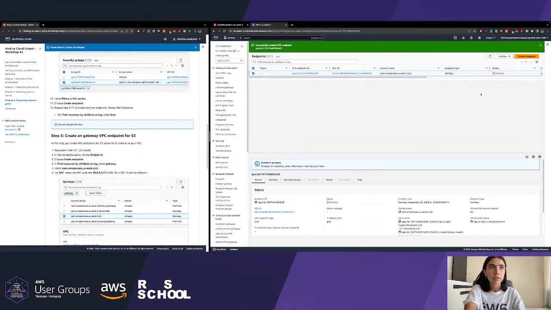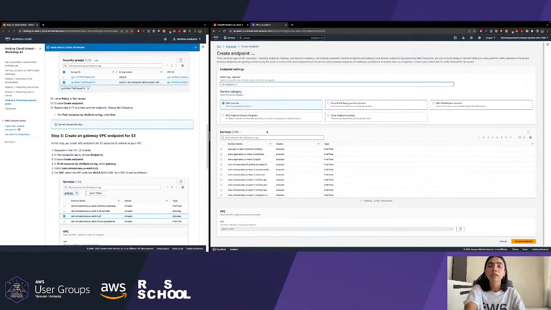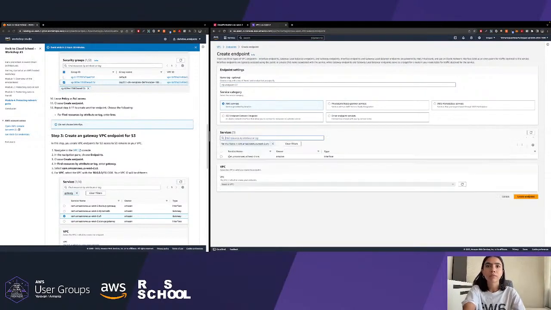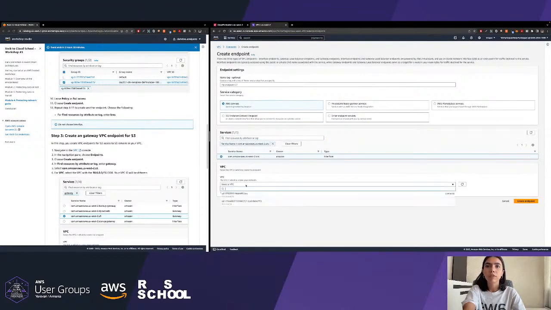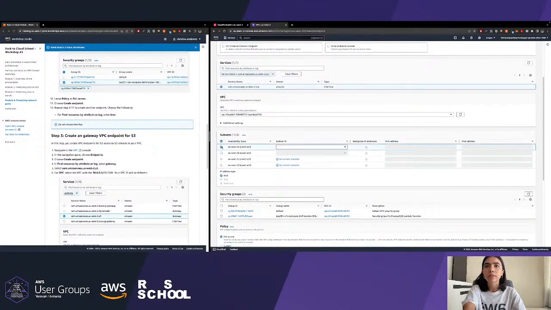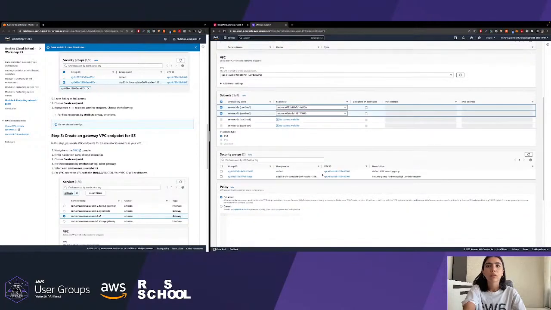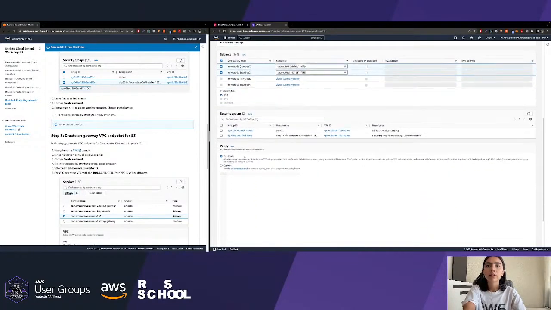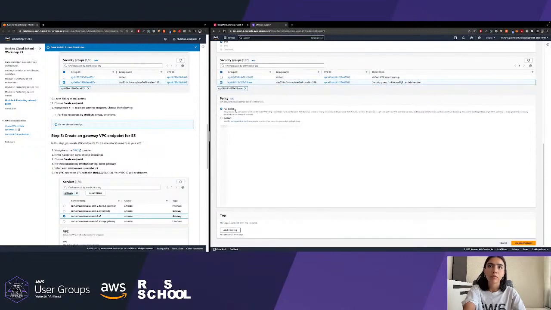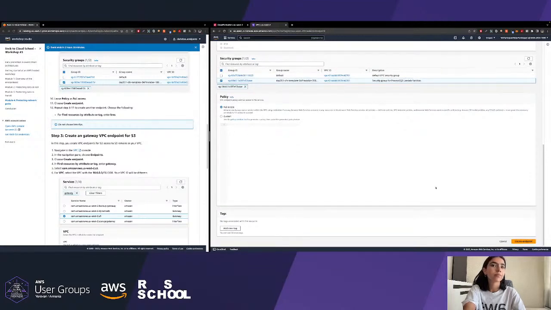As I already told you, we need to create another endpoint, again an interface endpoint for the SNS. Do exact same things. Lambda VPC, private subnets, leaving IPv4 as it is, choosing security group, and leaving full access policy.